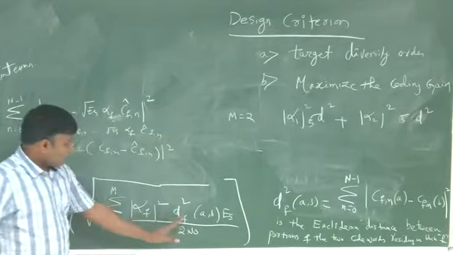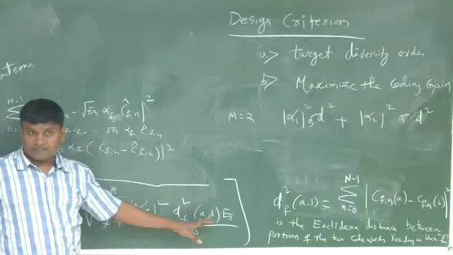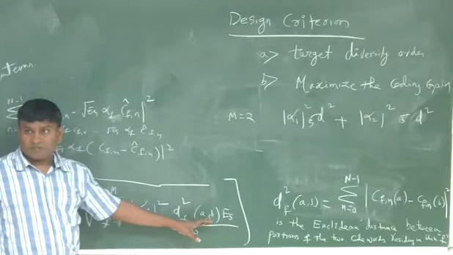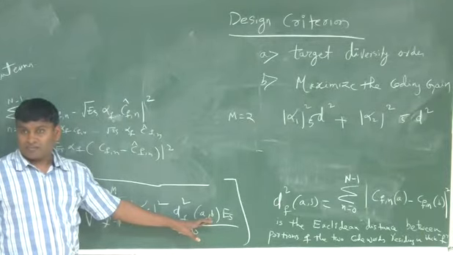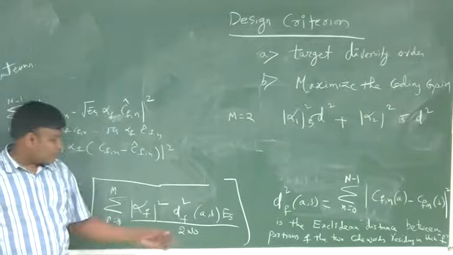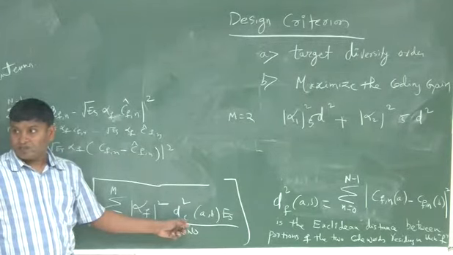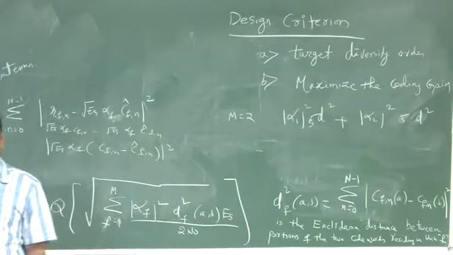The criteria is d_f squared AB should be as equal as possible for all f's. Well, what do you mean by as equal as possible? Independent of it. So that means the product distance, the geometric mean, should be maximized. I'll show that in a minute.